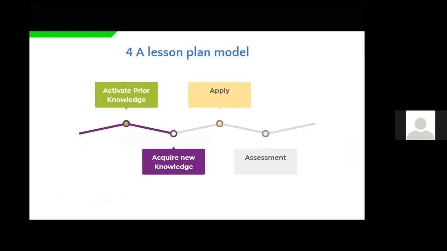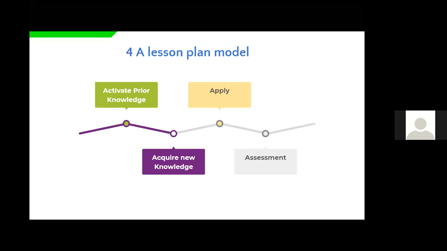When you look at those 4A models, they are in compliance with the cognitive skill levels, that is Bloom's taxonomy. So activating prior knowledge could fall under our legacy lesson plan under the introduction part, where we always say in the introduction, you can review the previous lesson. You can use the question and answer method. You can use brainstorming. You can use concept maps and games and quite a number of things to review what knowledge learners have before they come to learn this new knowledge. So you're simply assessing the entry level of the learner in activating prior knowledge.